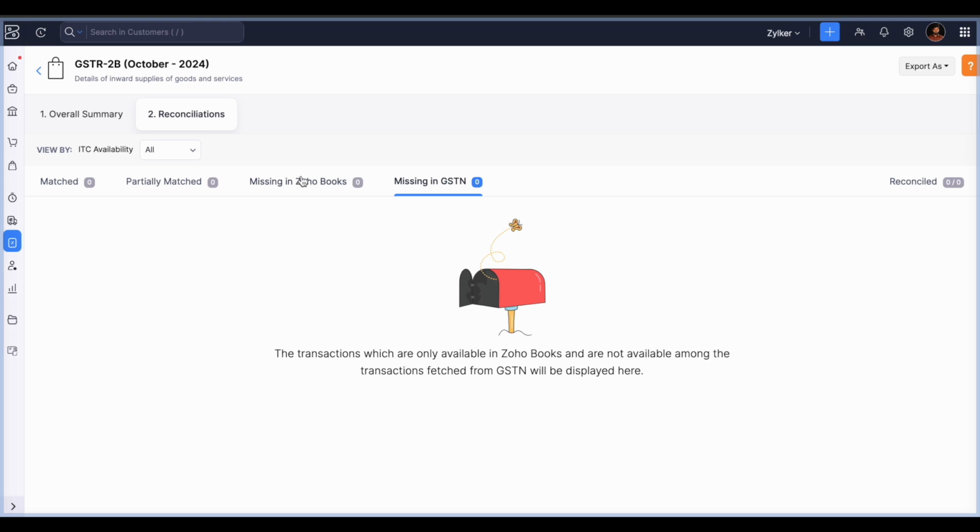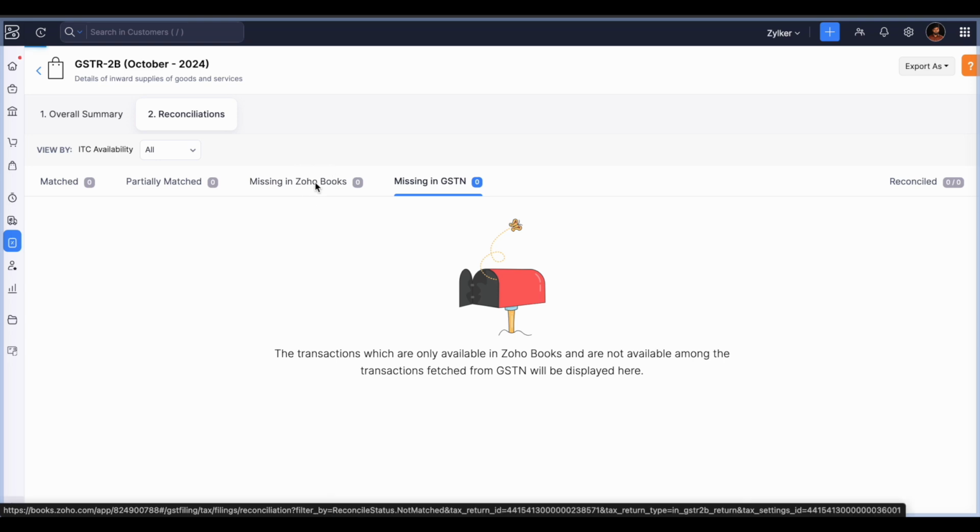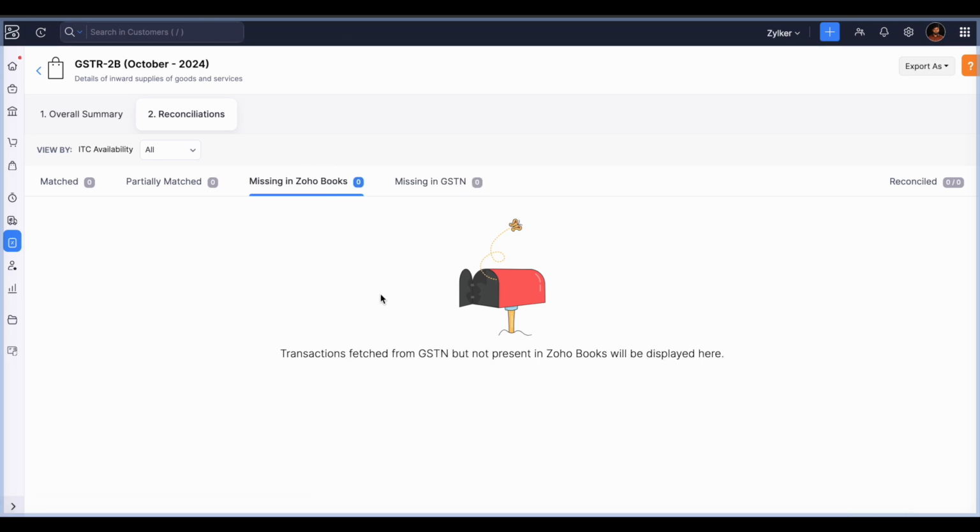If you wish to add the transactions which are missing in Zoho Books, we have an action button where you can directly create those transactions in Zoho Books, and you can reconcile them. Then let's move on to the next topic,